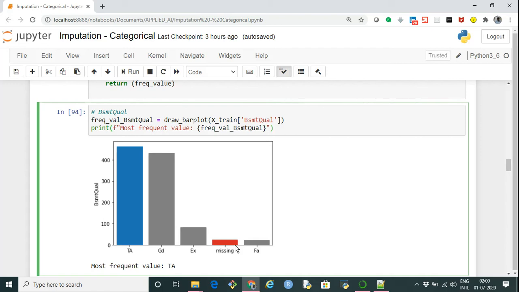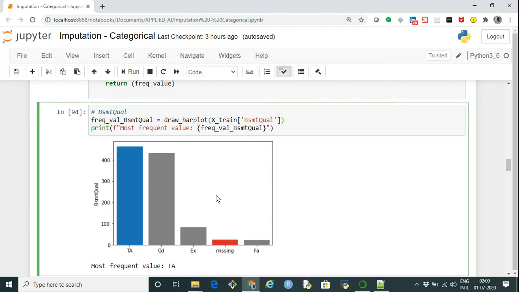the data which is missing for that respective category, where it stands compared to the other values of the categories. So this is what we are doing using draw underscore bar plot, which is the function that I've written above. It takes the categorical values of a particular data frame column, which is passed as a series, and creates a bar plot.